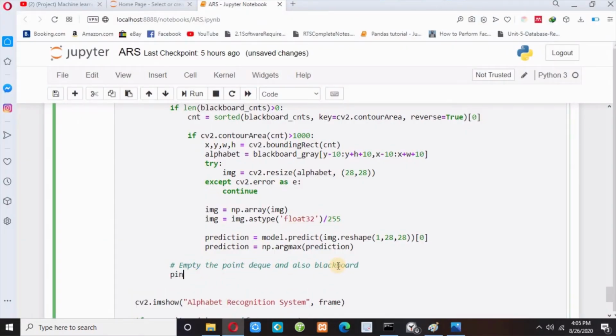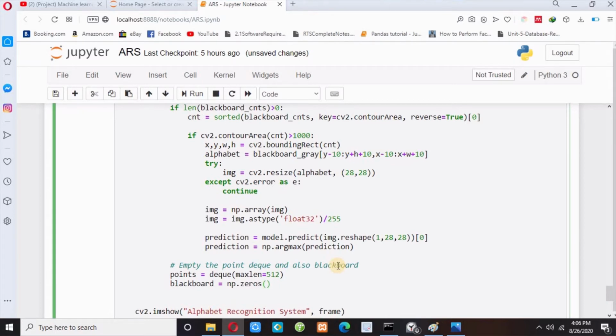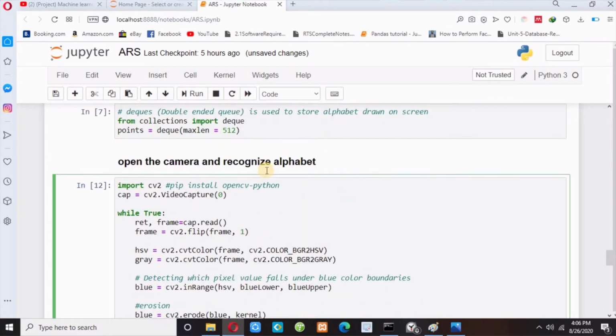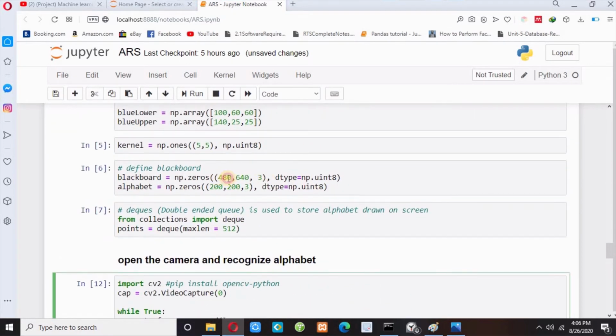So let me write points equals deque with max length equals 512, and then blackboard equals np.zeros, to fill the blackboard with only zeros now to empty it. So np.zeros, and you can see here we initially defined the blackboard as 480, 640 and 3.